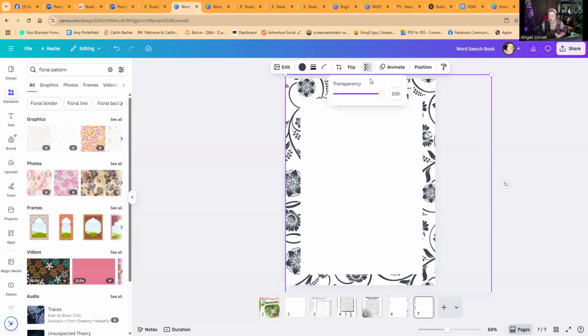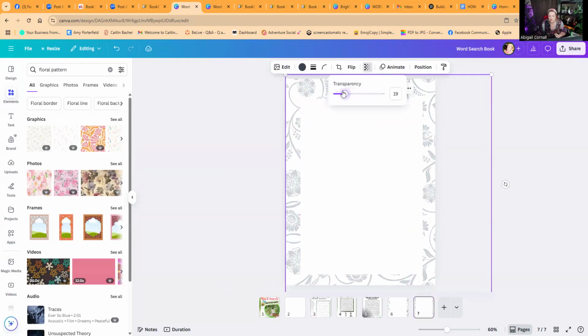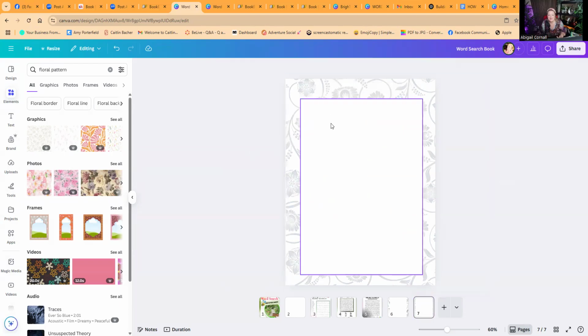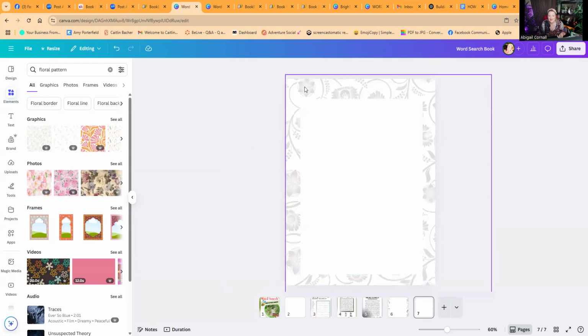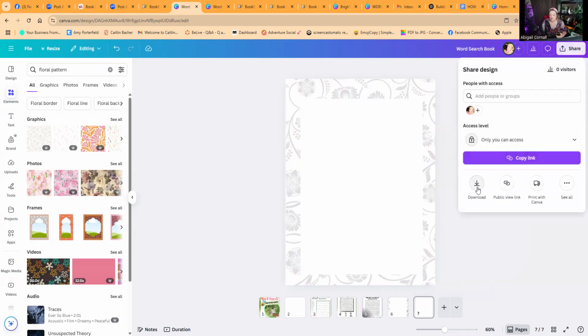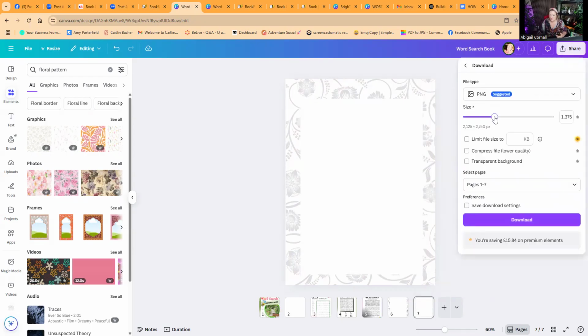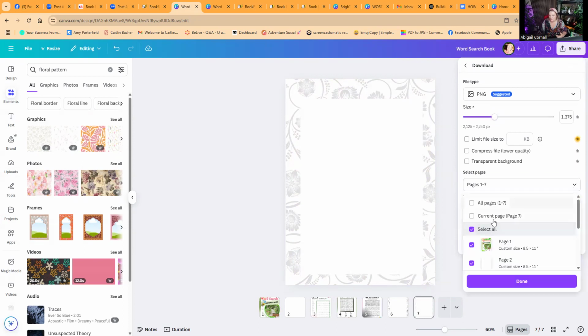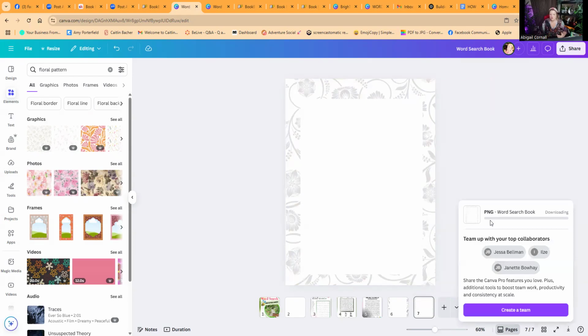So you could even fade that, where it's just fade and faint. That's quite nice, isn't it? You could have that same pattern on the back of every single one of your word search puzzles. So all you would have to do is go share, download, I think it's a PNG, current page, download. I'm just downloading this